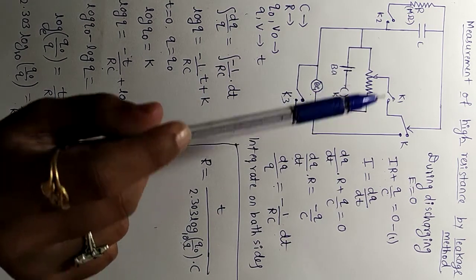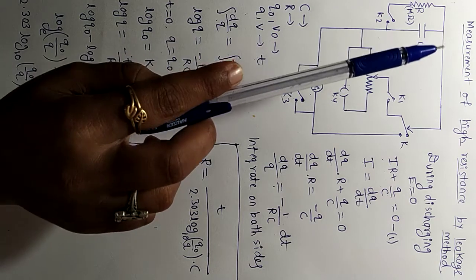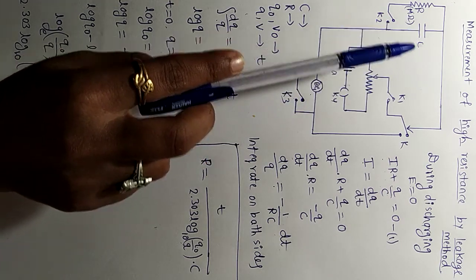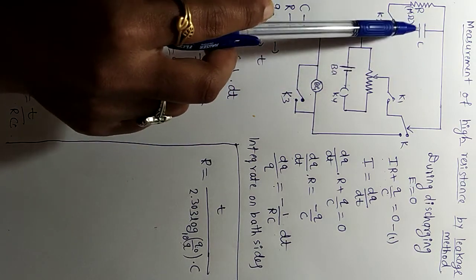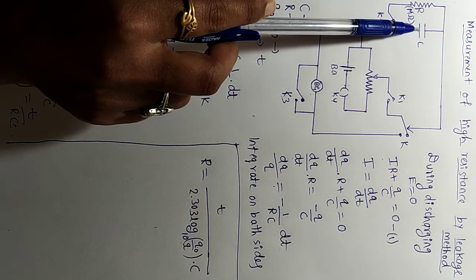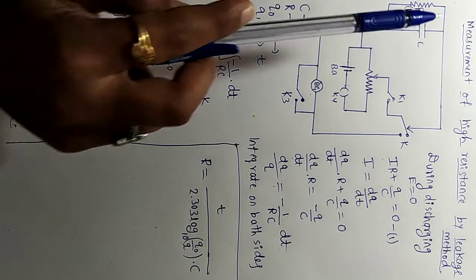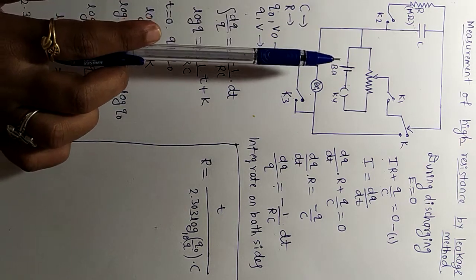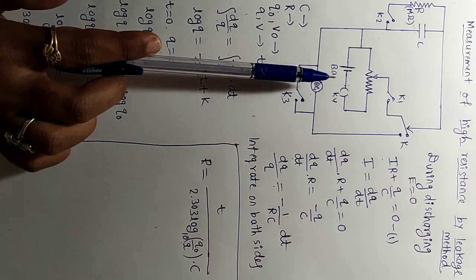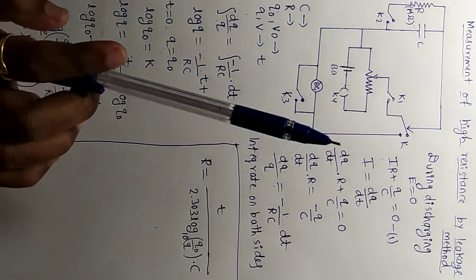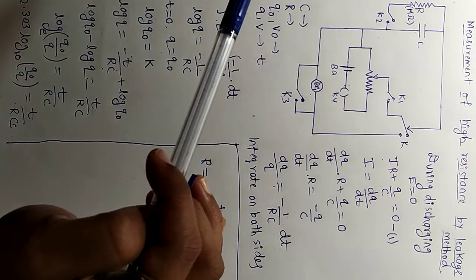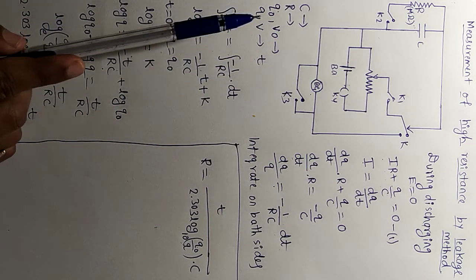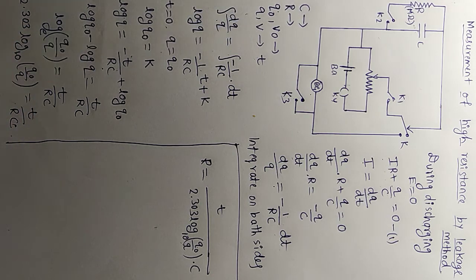First step is closing all the keys. The capacitor starts to store the charges. When charges have been stored, there is a maximum number of charges stored in the capacitor, which is equal to Q0. For this the battery gives the maximum voltage, which is equal to V0. And suppose at time t seconds, what are the charge and the voltage? Q and V we are having.